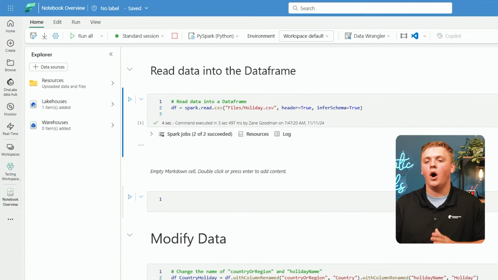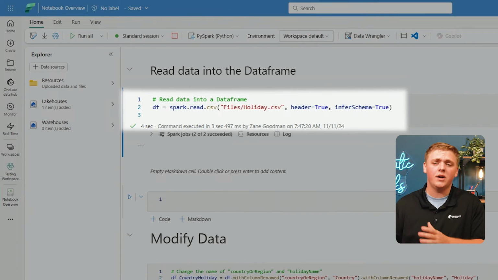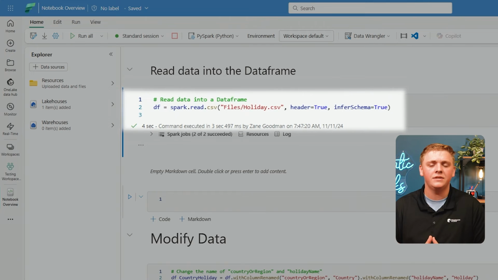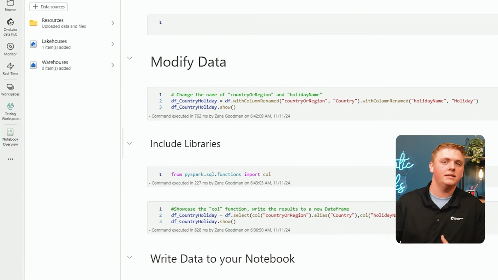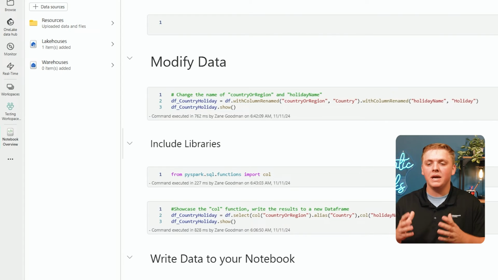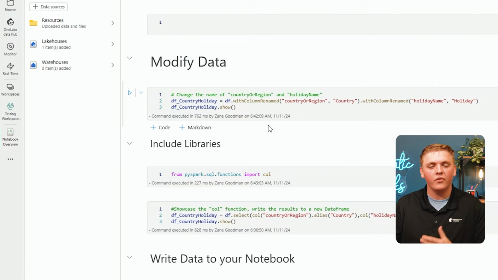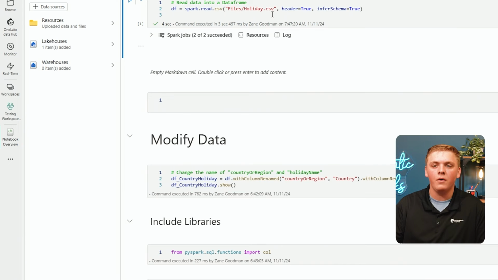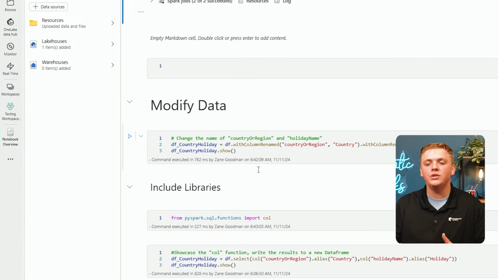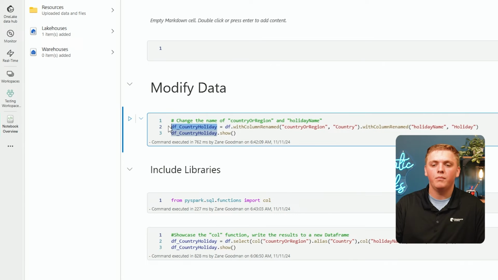Now that we've run our first code cell that is loading the data from the holiday CSV into a new data frame, what happens if you want to modify data? This is one of the big topics you're going to be covering when you are writing code in a notebook. If I wanted to modify data, there's multiple ways that I can do this, of course. I created a simple example here where my holiday data in that CSV file that I've loaded into the data frame, I'm going to call that and then place the data inside of a new data frame that I've called